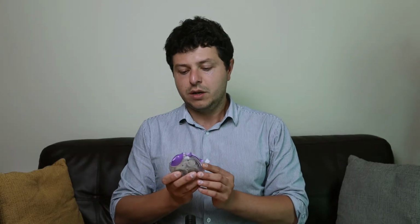So for example, for this one, I would twist it, arm it, and then take it. So again, it might be a heavier powder inside. It might be different compared to this one, or other devices. So it's really important to familiarize yourself with the device that you are using, because if you're not using it